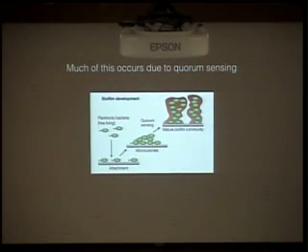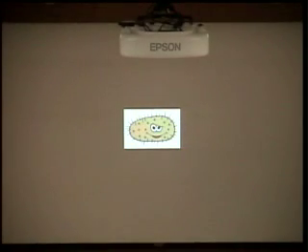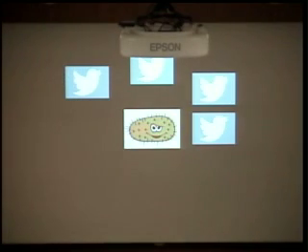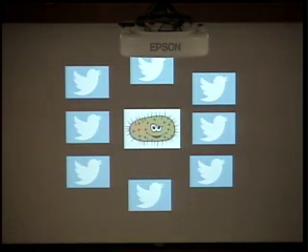Now, much of this occurs through quorum sensing. I don't know how many of y'all know about quorum sensing, but bacteria communicate. They communicate very, very well, and there are actually several ways they communicate. They communicate species to species, and they can communicate across different taxa. They do it through different types of communication signaling. You just take a mean bug, and they basically send out tweets. And how many tweets they receive back depends on how aggressive they get.